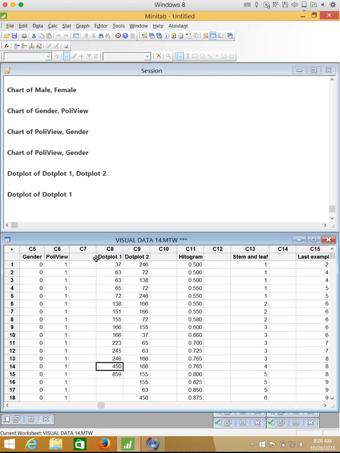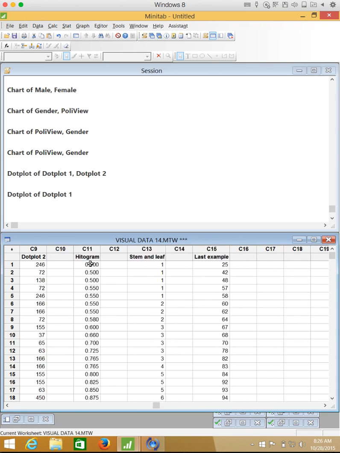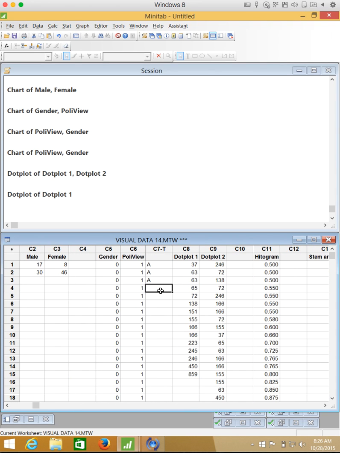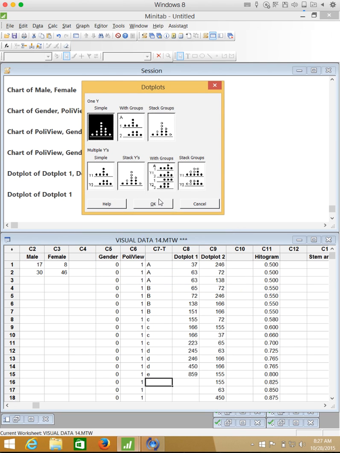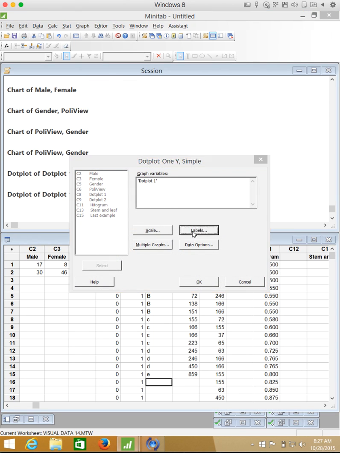Another thing that I just want to show that you can do, let's say these first people are from A, second people are from B, I don't know, I'm just making stuff up here, C, D, D, D, E, sure. So you could actually label these things and see how that can play a role. Where's dot plot? There it is. So you could do a simple one again and then say,